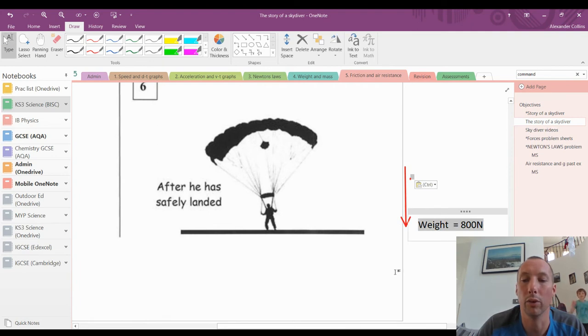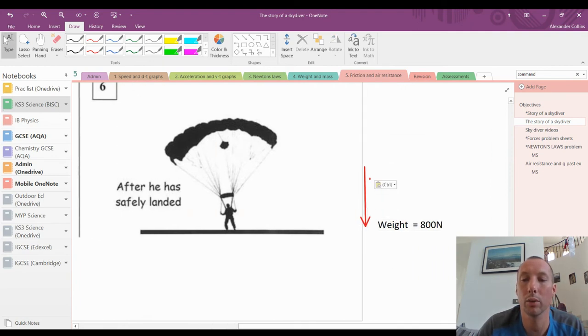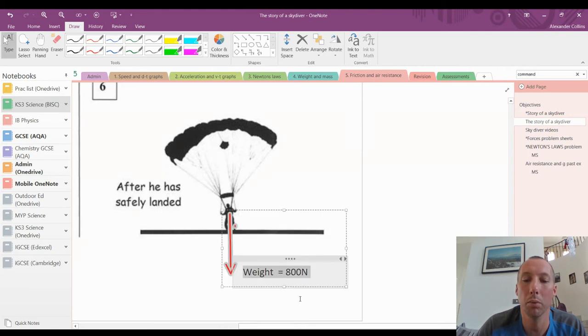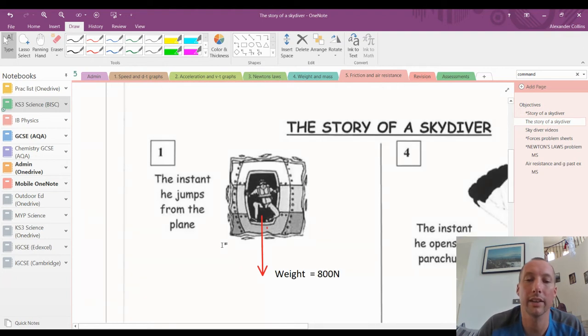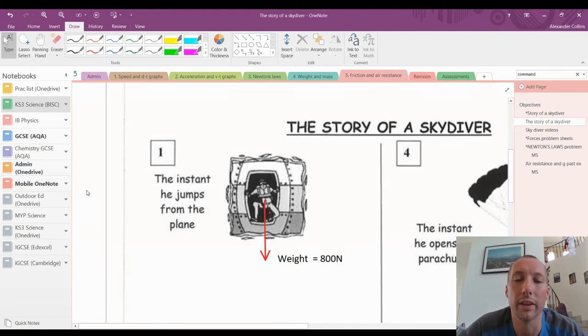So as you fall, it doesn't matter how quick you're moving, whether you're stationary, moving really fast, moving slowly, your weight is always going to be the same because it depends on your mass and the strength of gravity. And gravity is roughly the same everywhere on the Earth. So actually, our weight shouldn't change as we fall. So we've added the weight to all of them. We're saying that there's always going to be a weight of 800 newtons pulling you directly down towards the center of the Earth. What I want to do is identify, are there any other forces that are going to be